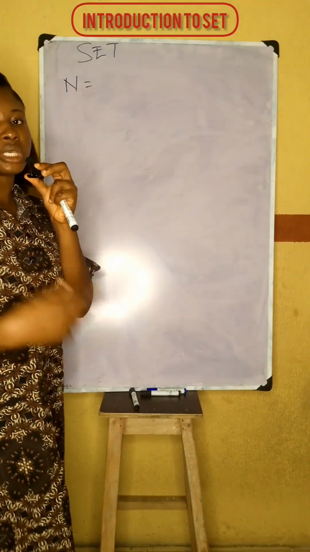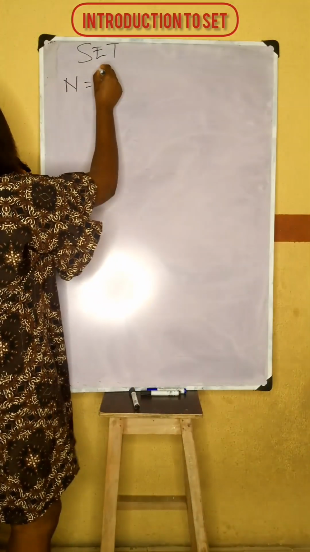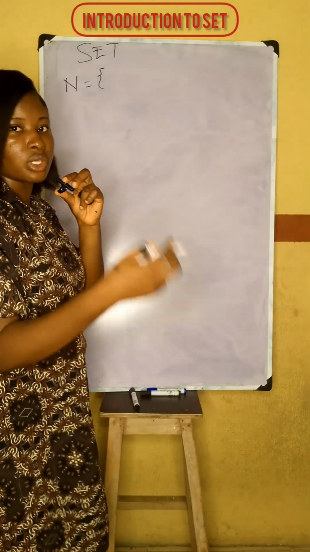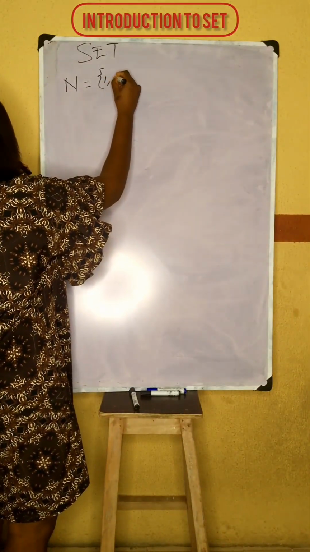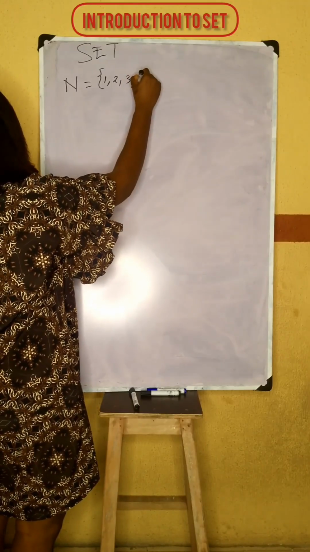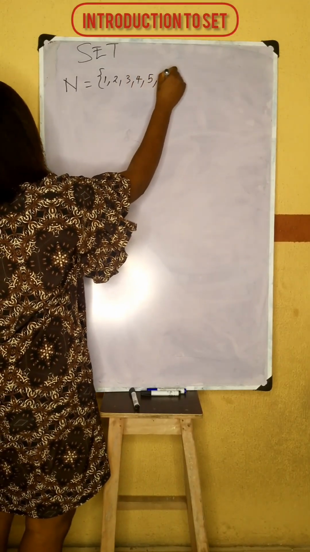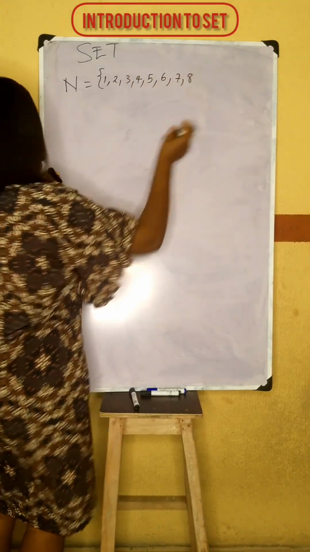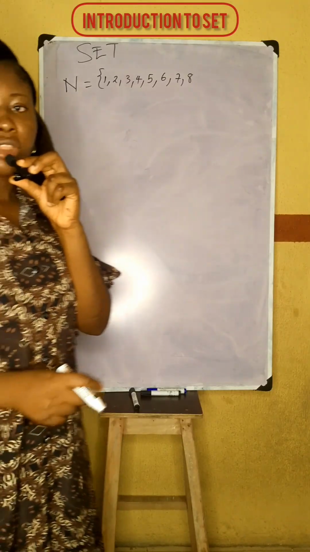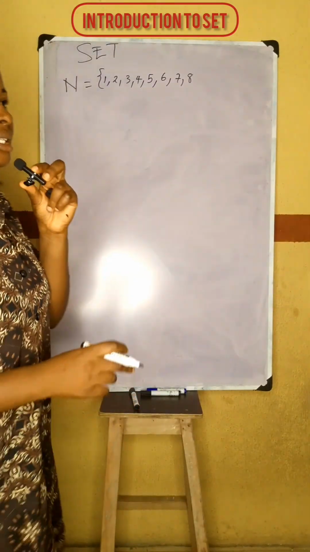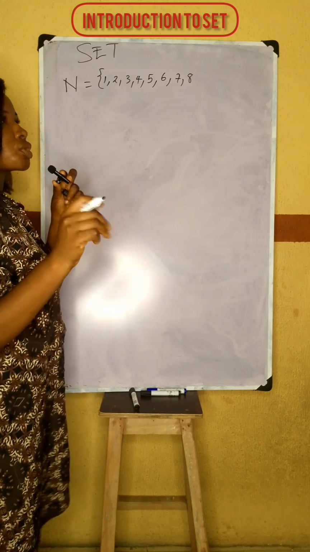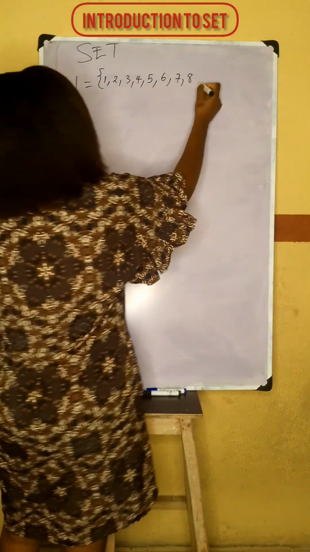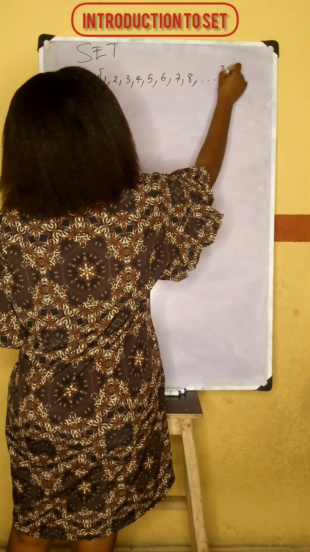So there are those numbers we count with. Some include 0, some don't include 0. Okay, let's not include 0. So let's start with 1, 2, 3, 4, 5, 6, 7, 8. I can continue this. It doesn't end. We don't know where it could end. So in mathematics, when we don't know the end of a thing, we use 3 dots to show it,